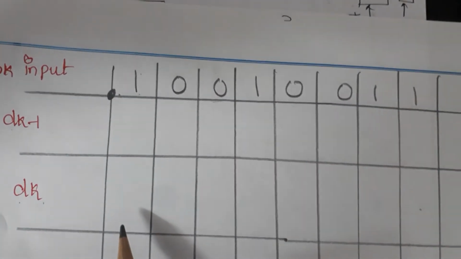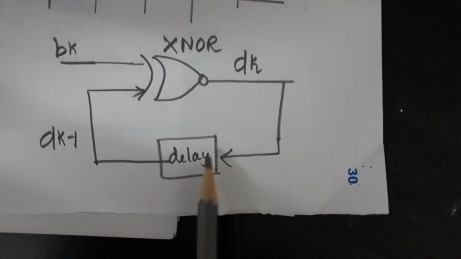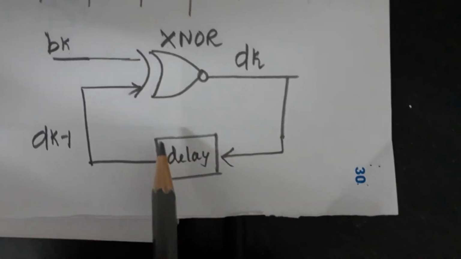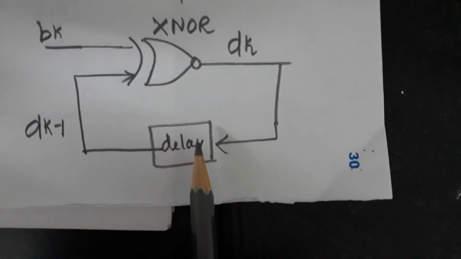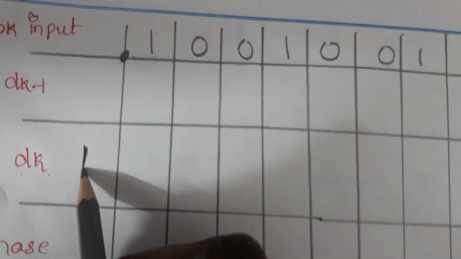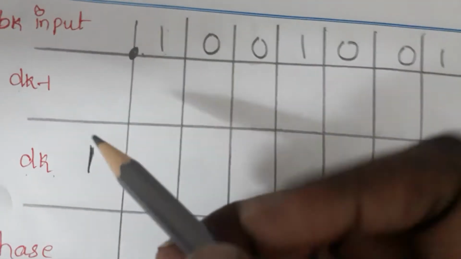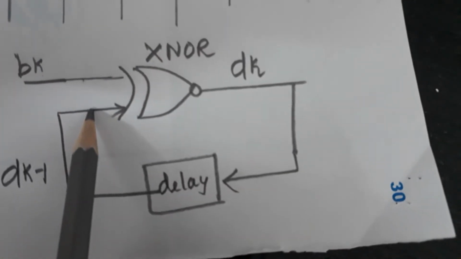You cannot start directly because there is a delay circuit. Can you find the circuit here? Delay. You need to know what the previous value of the delay is. The previous value of the delay can be 1 or it can be 0. I can assume anything. So I'm going to start the previous value as 1. If you want to start with 0, no problem.